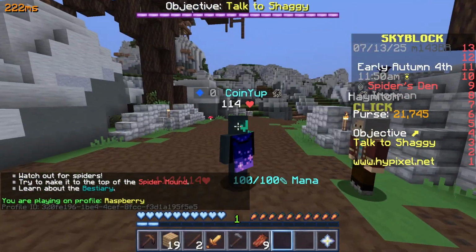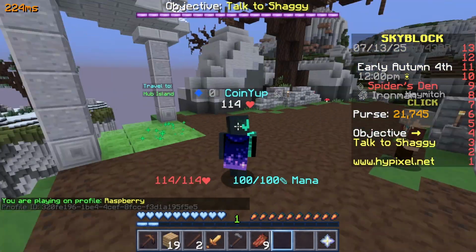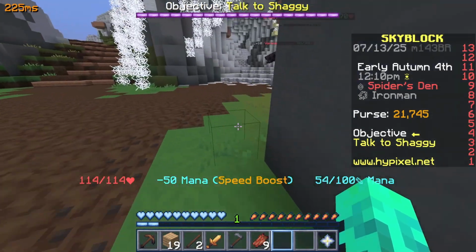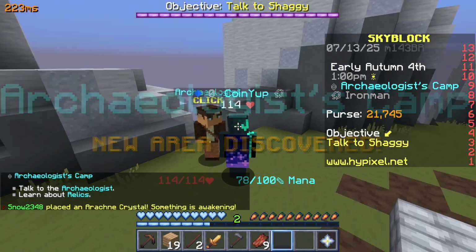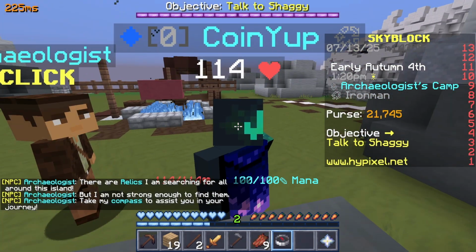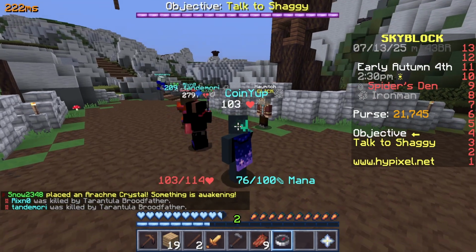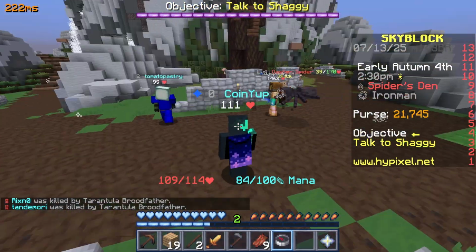Now that I have combat level 1, you can see that we're not on the hub island anymore. We're on the spider's den. Here, we can find relics that give you 10,000 coins each time you find one. And if you come over to this NPC called the archaeologist, you get a compass that points you to the nearest relic. It's also a common accessory. However, we are not going to worry about the archaeologist compass for a while, as we have enough coins to